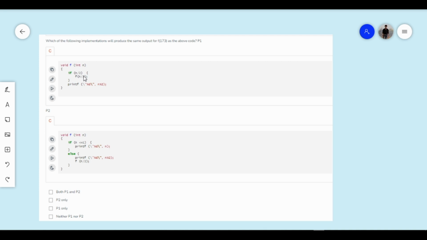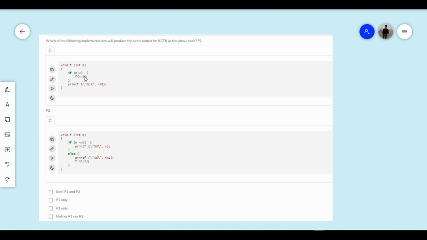Because this condition is false, we will not go inside this if condition and we will print here. So if you see, this is behaving the same as the above program. Like what? When we have 173, we will check 173 by 2. That will become 86. Because 86 is not 0, this if condition will be true.